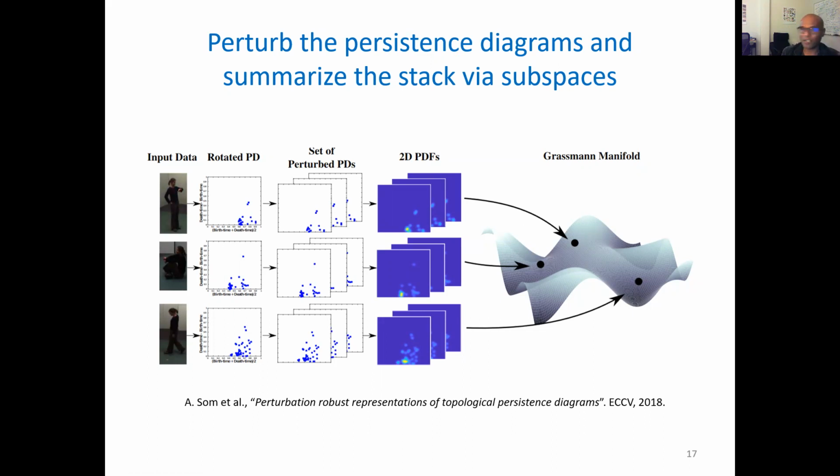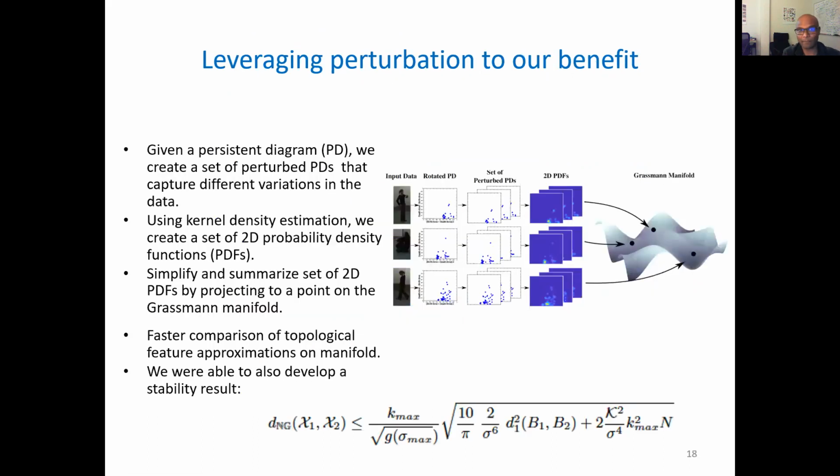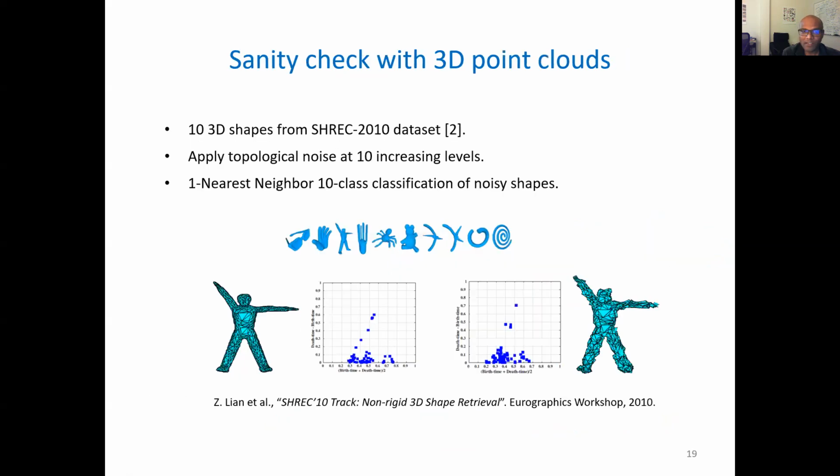And we use that as a divergence measure between these two videos. From there, you can do machine learning. You can define kernels on the Grassmannian, you can define PDFs on the Grassmannian, you can do any classic machine learning method on the Grassmannian through this embedding. We were also able to prove some stability results, that this embedding and the metric that we inherit from the Grassmannian is actually stable with respect to Wasserstein metrics. So that was also intuitively satisfying.